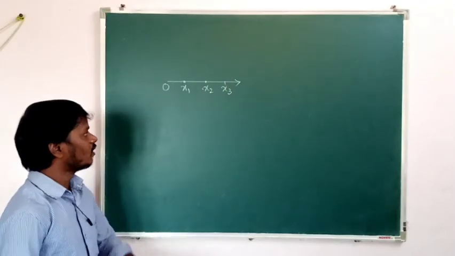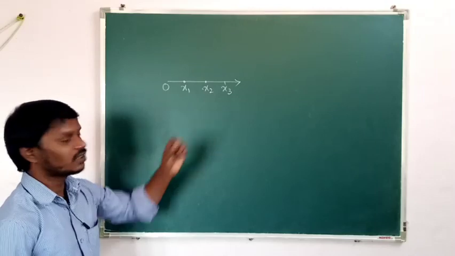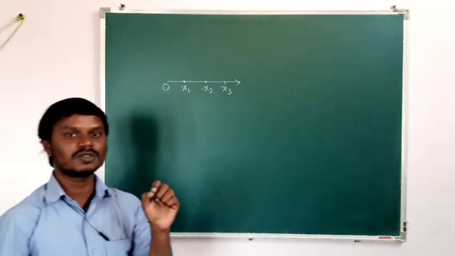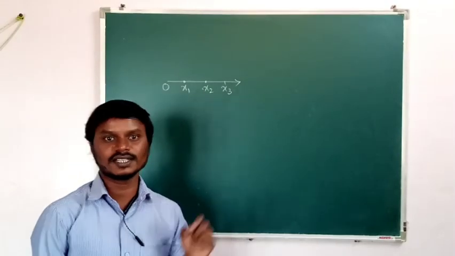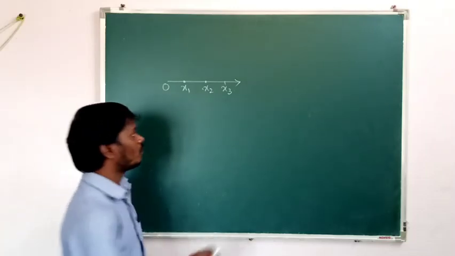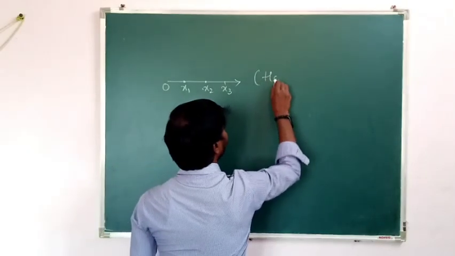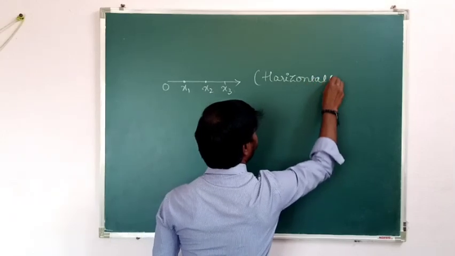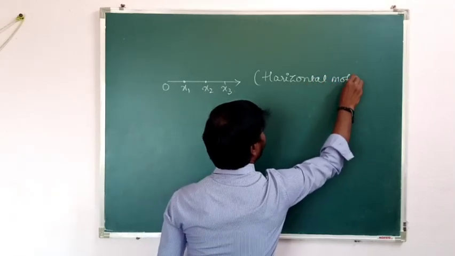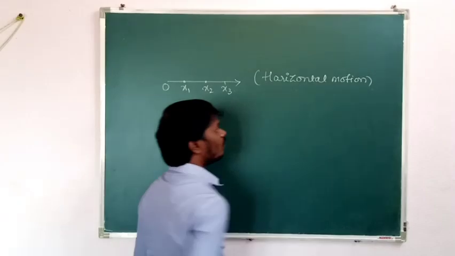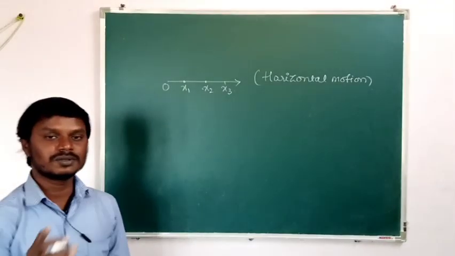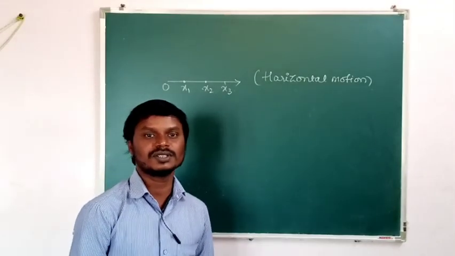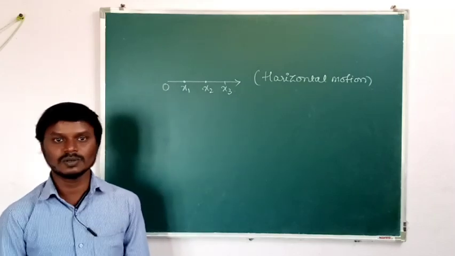Okay, by which coordinate are we stating the position of the object? In case of one dimension, that is the x coordinate. Actually that is in horizontal motion. It is in case of horizontal motion. But in case of vertical motion, to find the position of the object we are going to use which coordinate? That is the y coordinate.